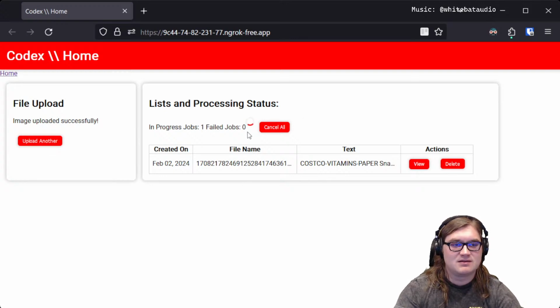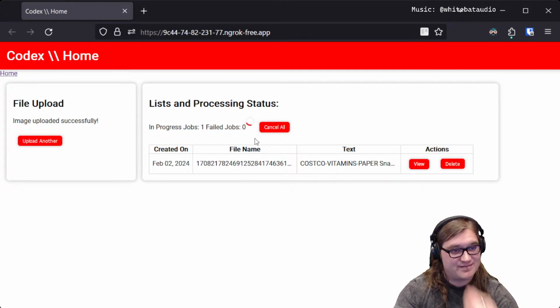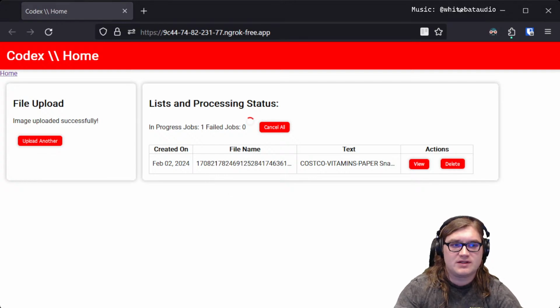It's not quite what I was after. It's a much bigger image. But while it chews on that, what we can do